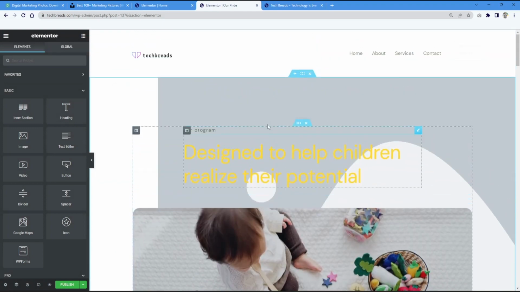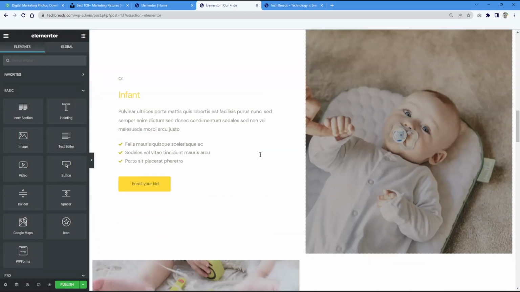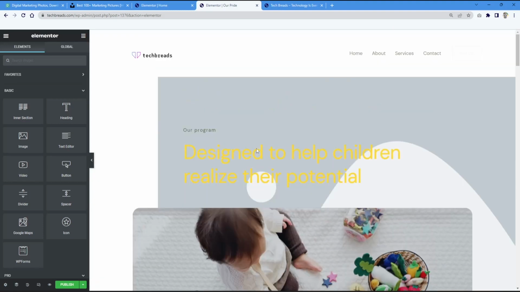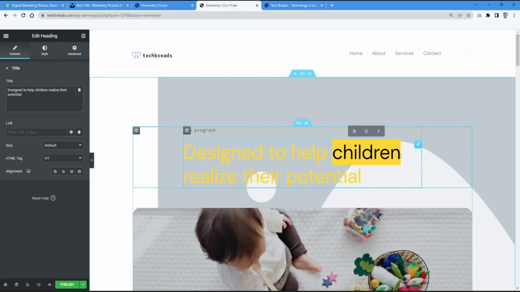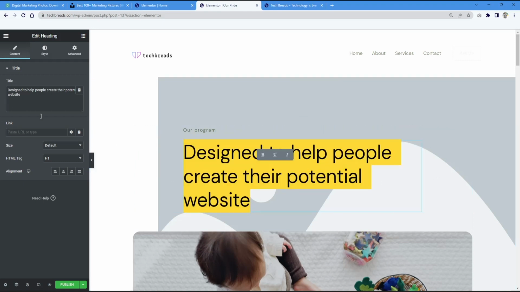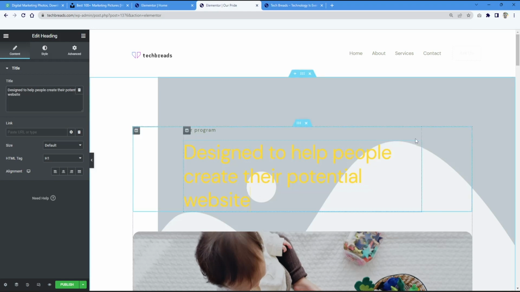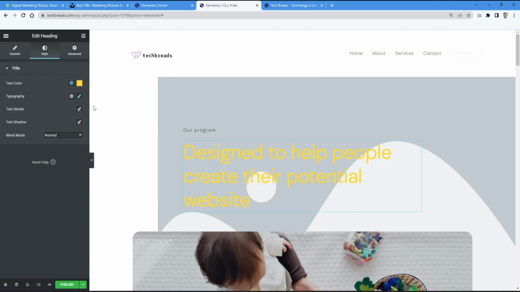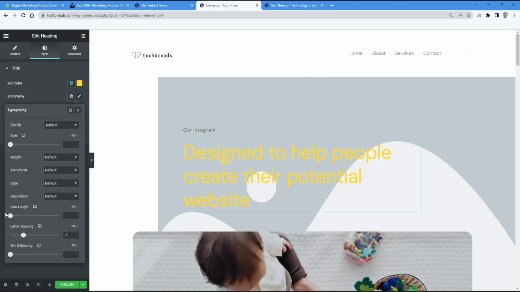So you can see that this page has been placed over here. Now what we have to do, we have to change its design. For example, we create this page name as our pride, so designed to help people create their potential website. All right, but I want to keep it on two blocks. So what I can do is go to style. Let's go to this typography and let's just,